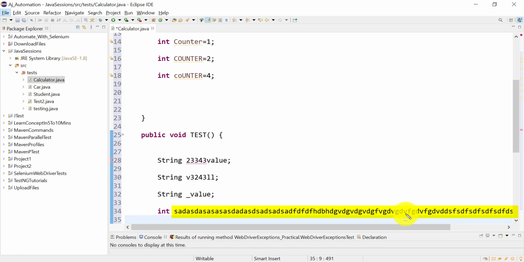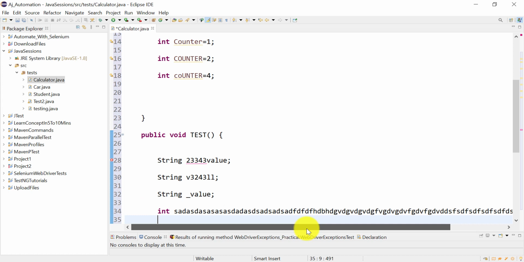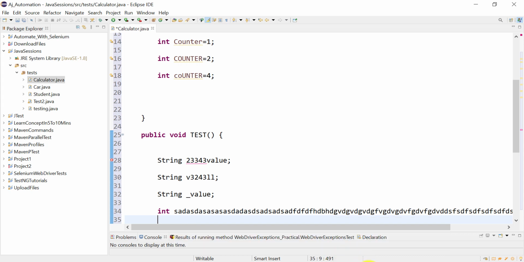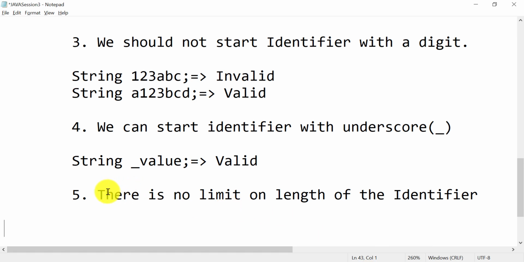Just looking at the program, you are not able to see what it is. This is just a variable. I am assigning a value to it, and you are using thousands of characters for this. So it will increase the size of your program, and it will reduce the readability of your program. So try to give a meaningful name, and in a meaningful name try to use minimum characters. So you can use that many characters which will create the meaningful name, but never use hundreds or thousands of characters. So it will just decrease the readability. So this is rule number 5. There is no limit on length of identifier. Okay,